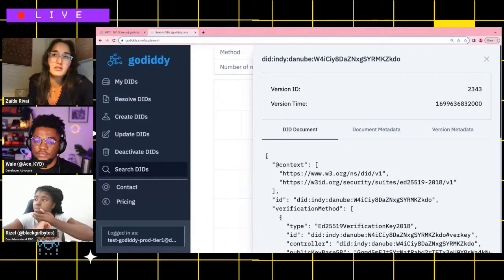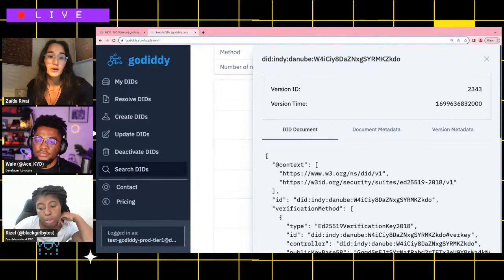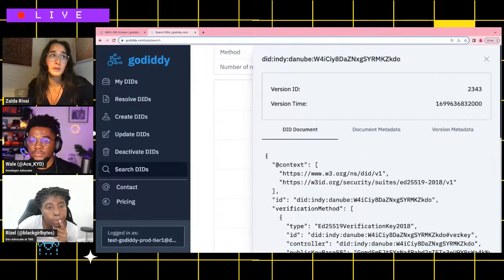Well, we get the question a lot, and also people are wondering if we could add the resolver data. So every time people resolve DIDs, is there any data on that? The thing is that we want to keep it global, and the data we have from our resolver is not global, right? That's only the data from the people that use our resolver.